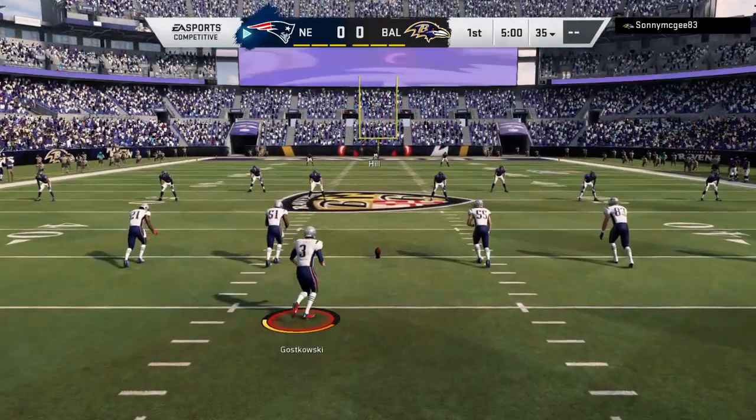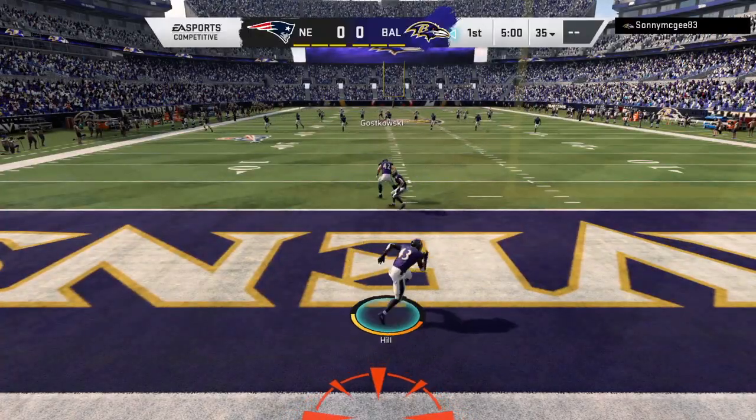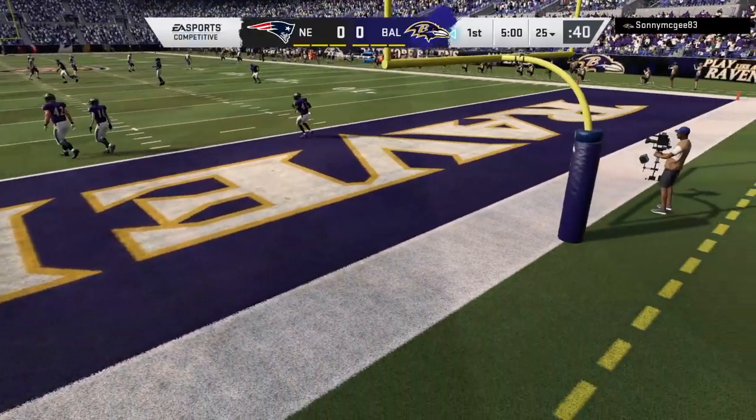Here's Steven Gostkowski now to kick this one off. And off we go from M&T Bank Stadium. And this will not be...